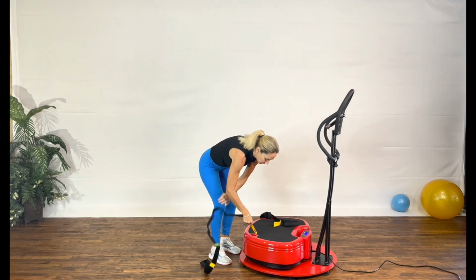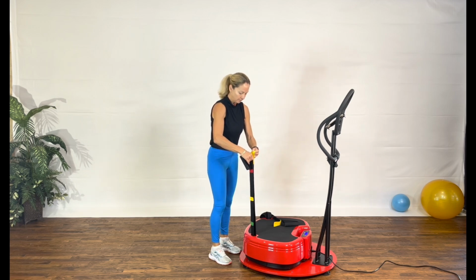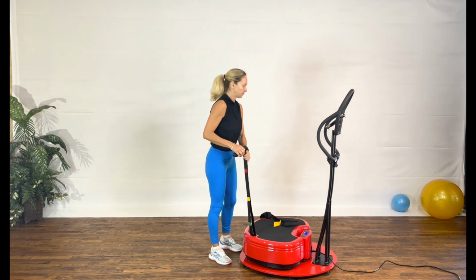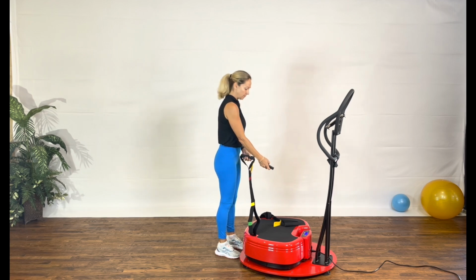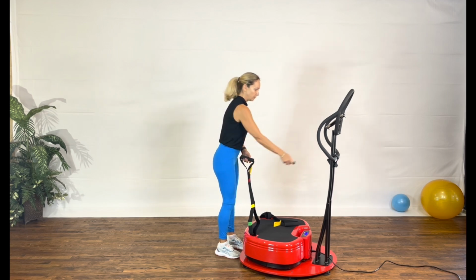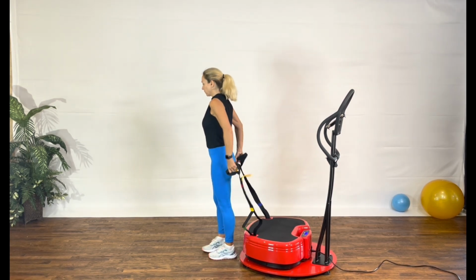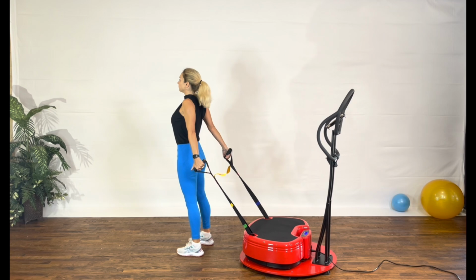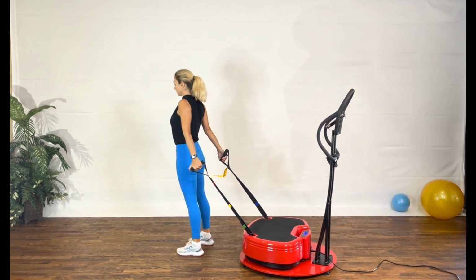We're going to start placing the strap onto the power plate at the shortest length. The little yellow tab is right behind the red tab. I'm going to turn on my power plate, setting it up for 60 seconds with 3 light, equivalent of 40 Hertz, low amplitude. I'm turning my back to the power plate